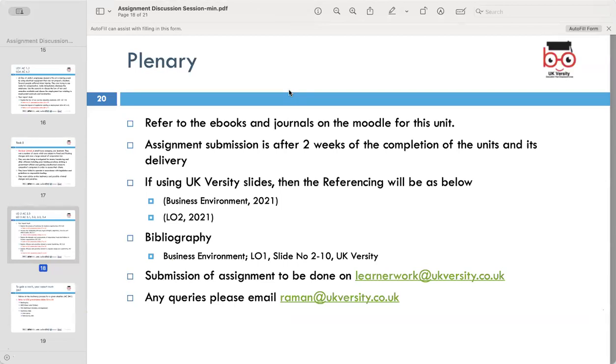So by the second week of March is the deadline, I believe. Yeah, as I said, if you need any extension, you can apply for an extension and you will get it. Don't worry about the deadline, but obviously 2 weeks, by the first week of March, but you can apply for another extension.